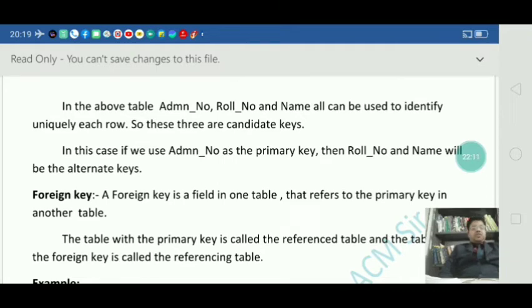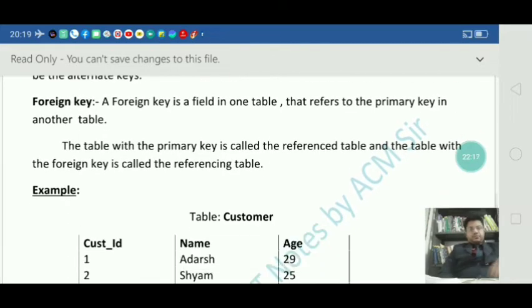Another term is foreign key. So what is a foreign key? A foreign key is a field in one table that refers to the primary key in another table.